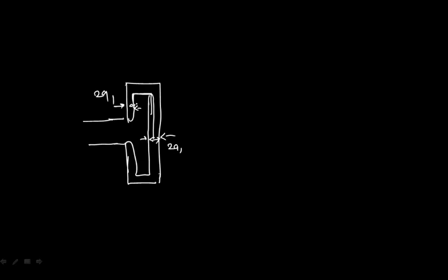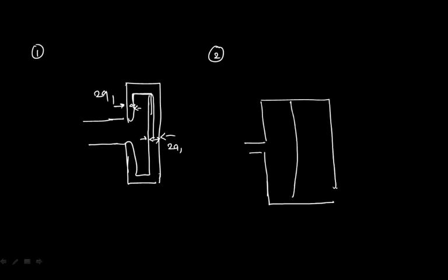ठीक है, the next one you are doing is nothing but you are going to increase the number of elements. So you are increasing the number of elements means you are doing this kind of structure. So अगर आप यहाँ पे 2 elements use करें, this is your first element, attach another element to it, one to this one, and go for a third element also. So I can say this is my first element, this is my second element, and this is my third element. So what will be the effect? If you're having a folded dipole with three elements connected in parallel, your input impedance will be 9ZD.